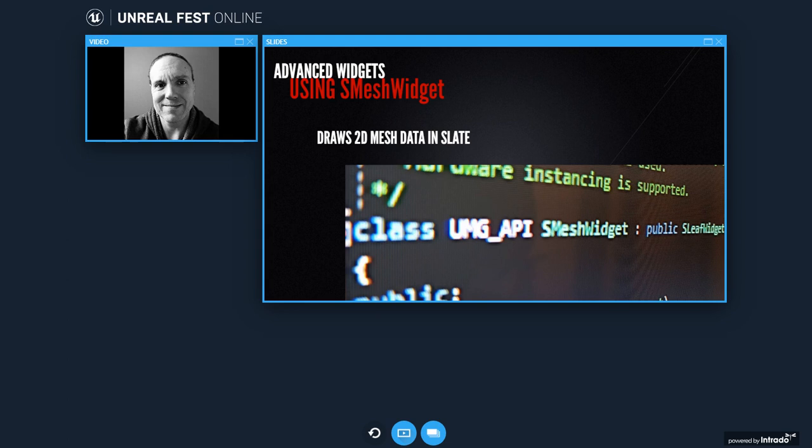Now, we've implemented a lot of new widgets which internally implement the SMeshWidget class. This widget currently has no UMG implementation and, as far as I'm aware, is currently unused. So this gives you an interface to directly draw any 2D mesh with a corresponding material. So you can use it to directly generate buffers which are passed with a reference to a vertex and index buffer to the slate element batcher.